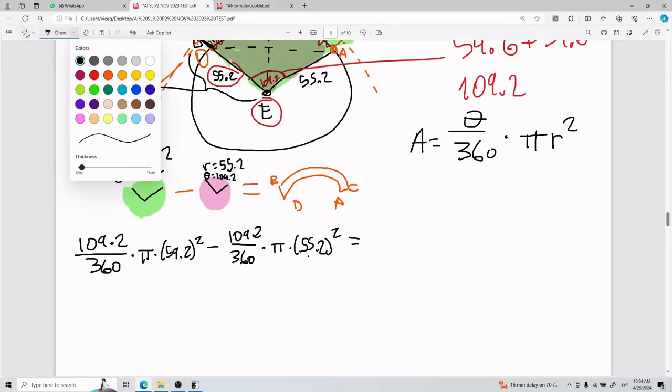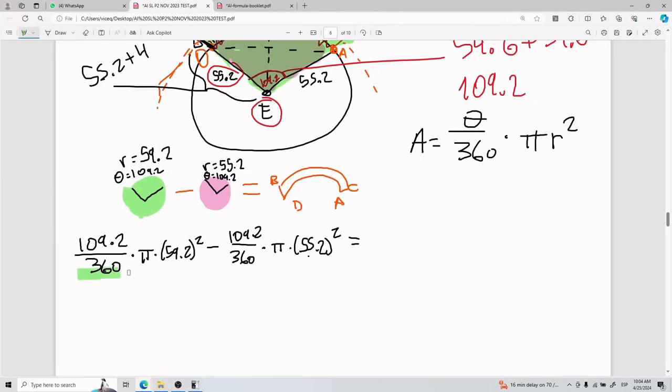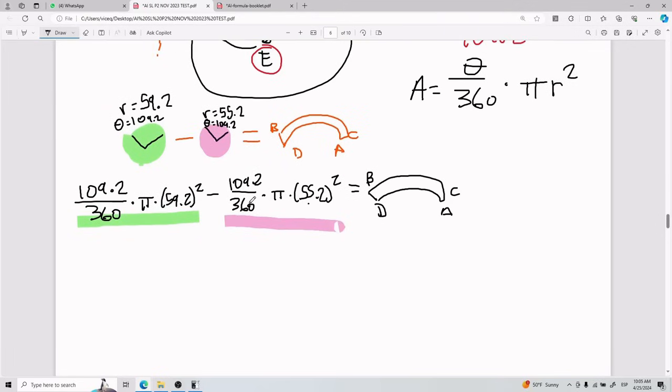So just to be mega clear, this in green is the sector of the big one, right? And this in pink is the sector of the smaller one. And so if you take the big sector subtracted by the small sector, you end up with the small sliver that you need, right? Of ADBC, okay? So once you do all of that, you end up with,